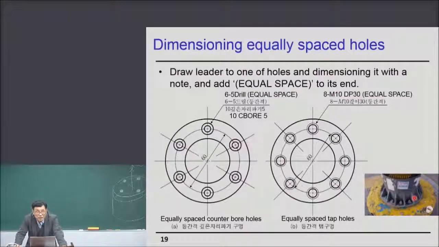And since this figure, this photo, maybe I showed you at the first lecture, right? There are so many bolting patterns which have equal space around the hole, right? Equal space holes. There are so many cases where we are going to design equal space tap holes. Like this here. You are going to design so many